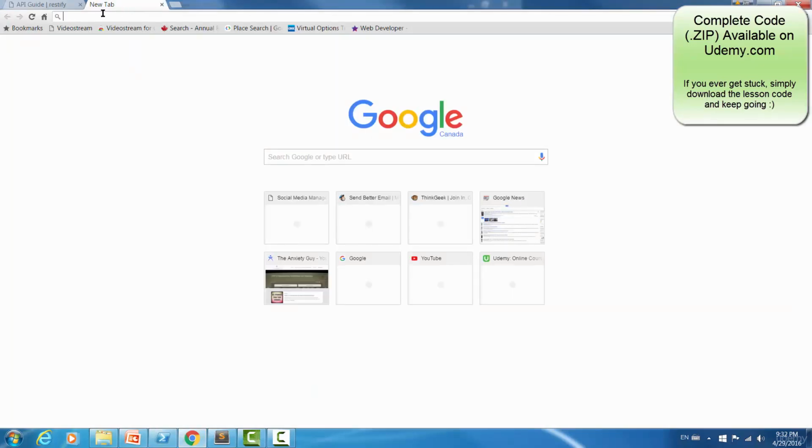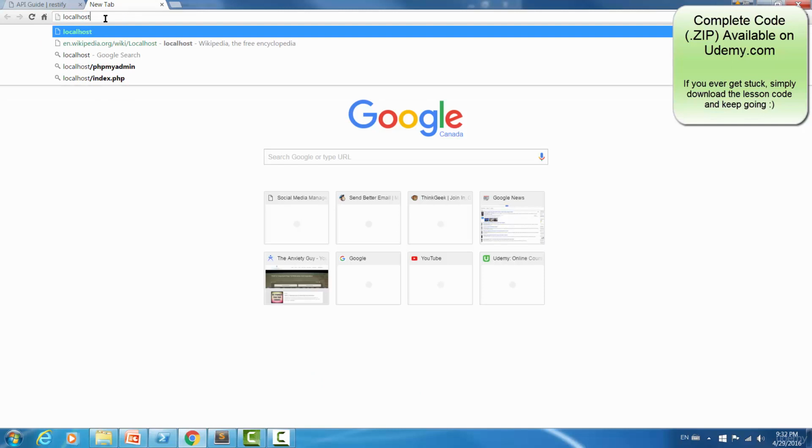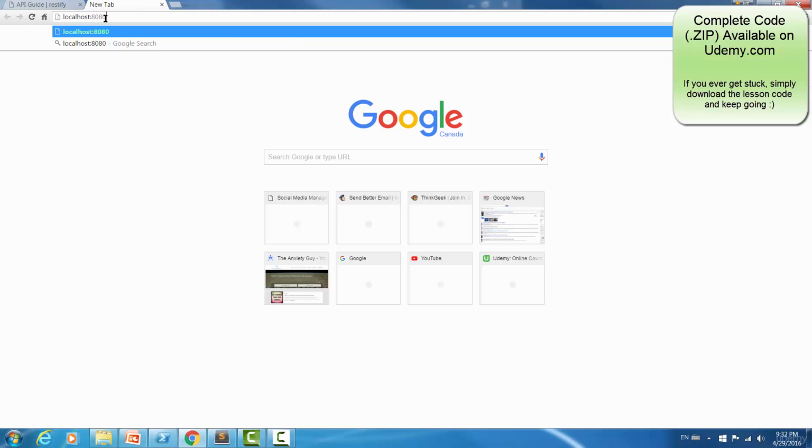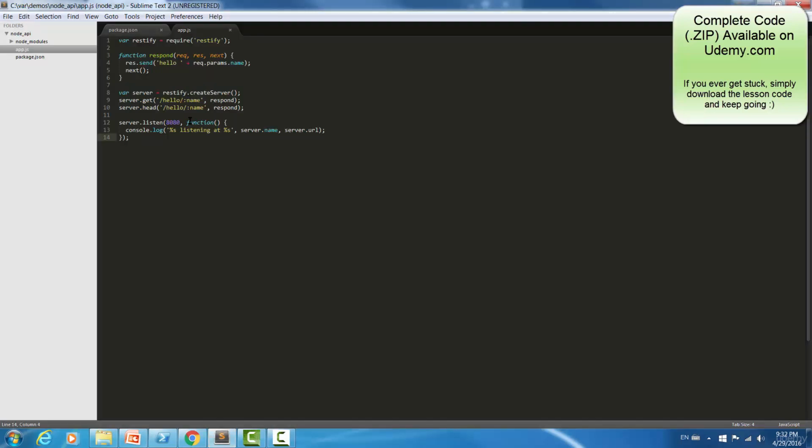So what this means is that our server is actually running already. Anyone that's familiar with PHP, we didn't have to set up Apache or do any other configurations. If I head right to localhost 8080, we'll see that we actually get a JSON response, resource not found, but the code, which we'll go into detail in the next lesson, has this line called